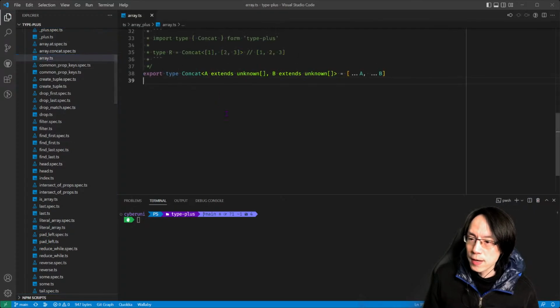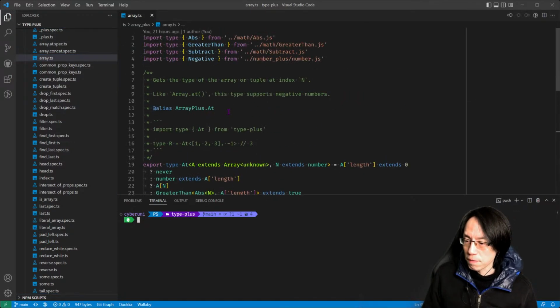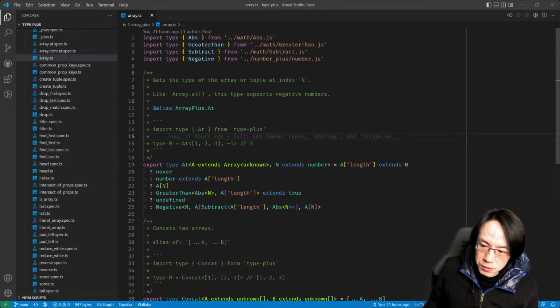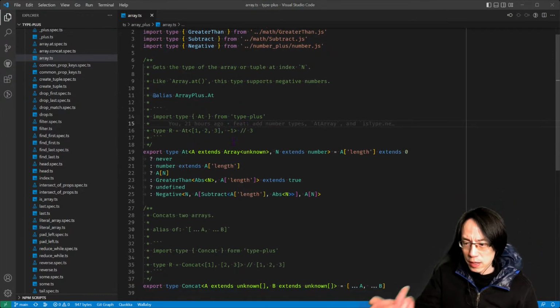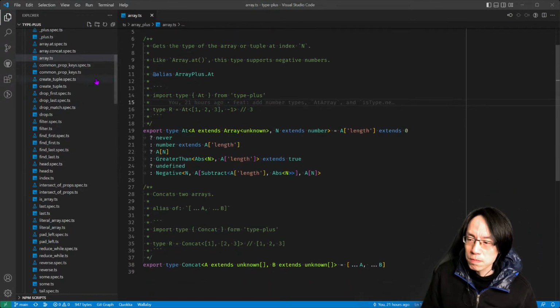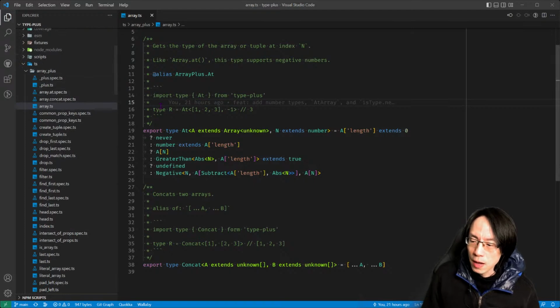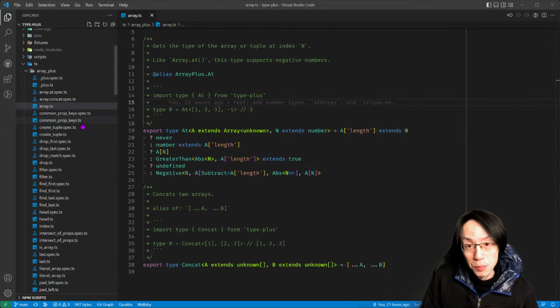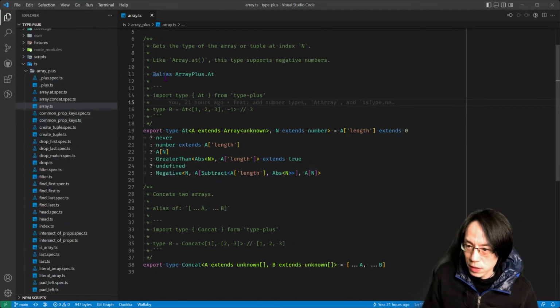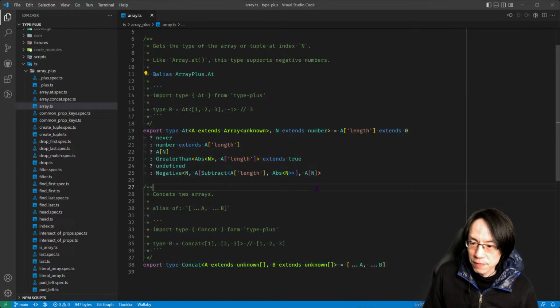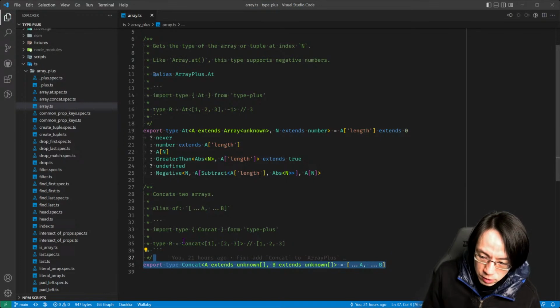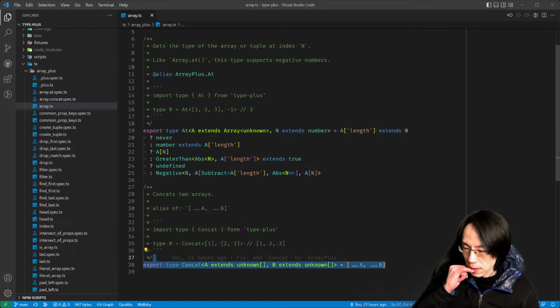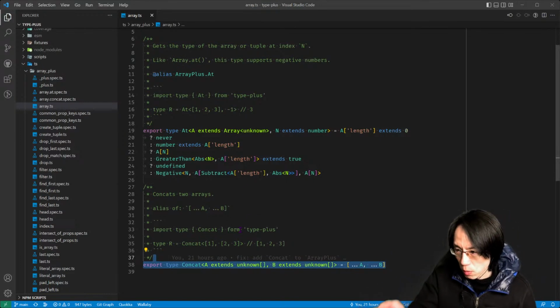So over here, this is the ArrayPlus project, and I have already reorganized the code a little bit for the new version. Just yesterday, I released ArrayPlus 6.0, and two of the new functions are this add function and the concat. Well, the concat actually already exists. I just moved it around to make it under this